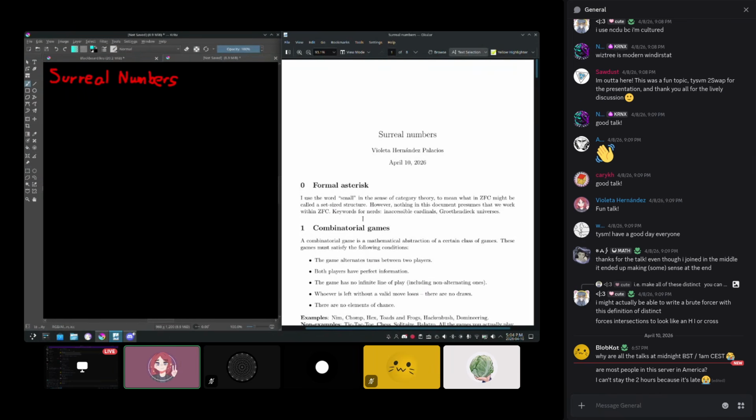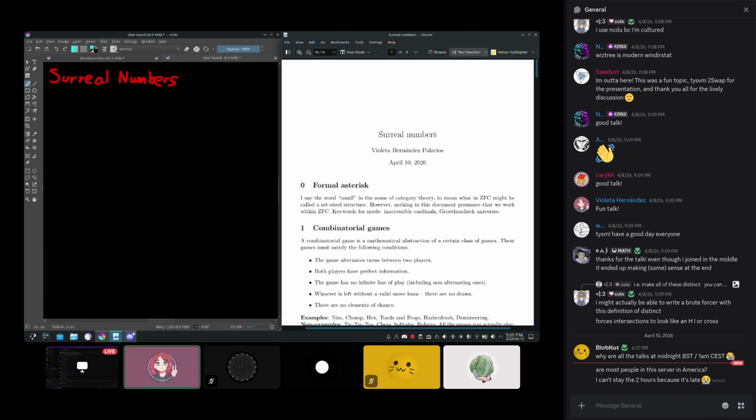I'm going to be using the word "small" a lot, and what I mean by small is kind of funny, really. The set of all naturals is a small set. The set of all real numbers is a small set. The set of all sets of all sets of all sets of real numbers, that's also a small set. Basically, anything you might actually come across counts as small. Something that would not be a small set would be, for instance, the collection of all surreal numbers; that's not going to be small.